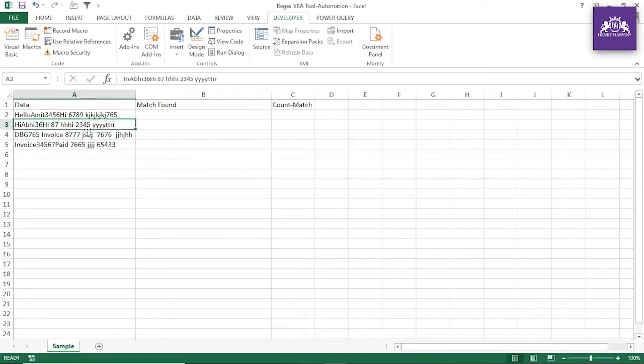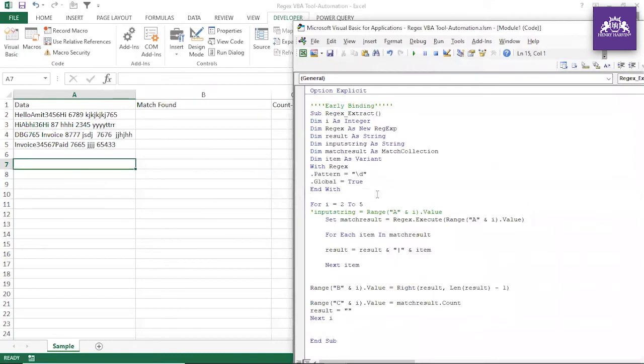Here, I want to extract 2, 3, 4, 5. Here, I want to extract 8, 7, 7, 7 or 7, 6, 7, 6. Here, I want to extract 3, 4, 5, 6, 7, or 7, 6, 6, 5 or 6, 5, 4, 3, 3, because it has more than 4 digits. So now see that minimum 4 digits we want. So guys, you can actually use curly brackets. You can write minimum 4 and maximum it could be 10.